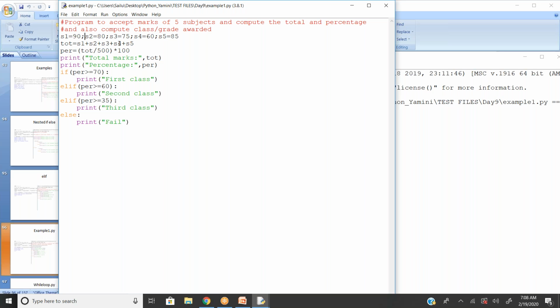And once you complete that, again we will drill down further. How do you decide on 5 subjects? The user has to decide the number of subjects. Are you getting my point? So if I enter 4, the system has to accept only 4 subjects. If as a user I want to enter 10 subjects' marks, when I enter 10, the system has to accept 10 subjects. I don't want to restrict myself to 5.